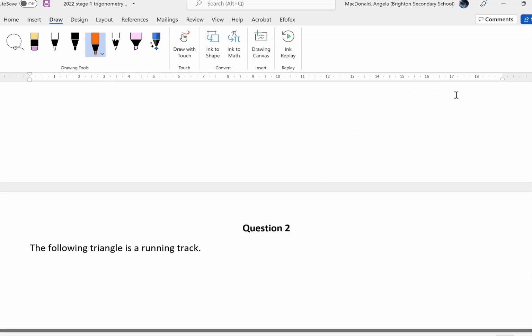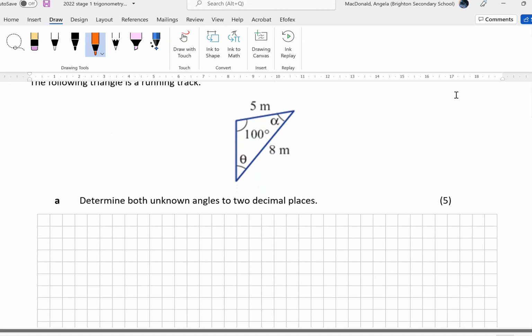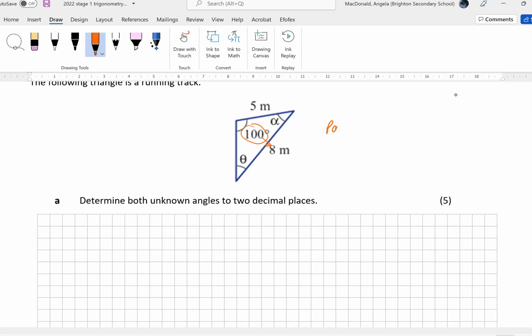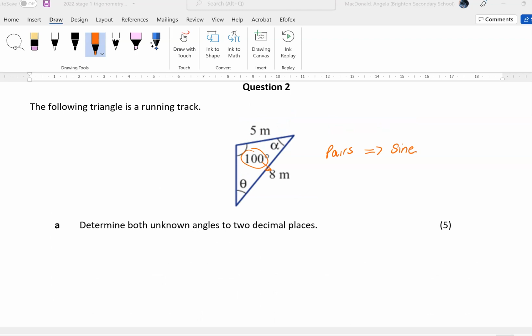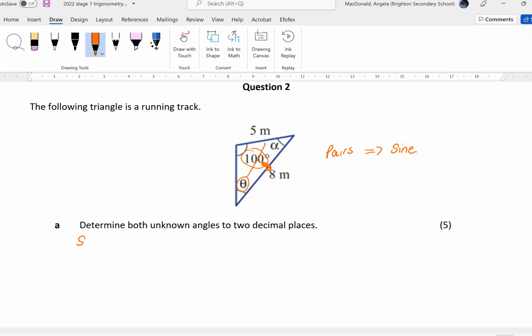Okay. Next one, the following triangle is a running track. Determine both unknowns. So their angles here, right? You can see straight away that we have a pair. So because we're using pairs, that goes to our sine rule. Okay. Let's go for theta first. Okay, because we've got a known pair and then we've got its opposite length there. So that means start with your unknown upstairs. So we've got sine theta over 5 equals sine 100